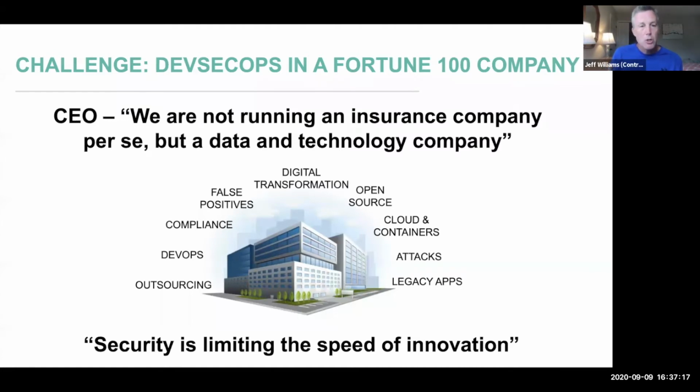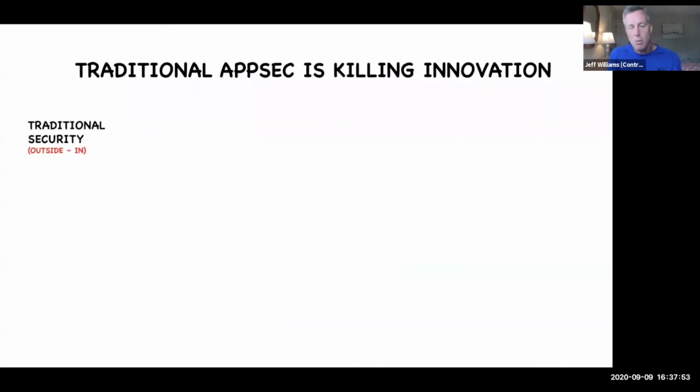Well, that's a huge challenge as organizations continue to accelerate their software development. So I think a lot of people talk about security in the context of identifying risk and minimizing exposure and stopping breaches and so on. But I think it's really important to recognize that security can also be a risk to your software transformation efforts. And frankly, that carries a lot more weight sometimes with executives. If you're trying to get a security program moving quickly, sometimes showing them that it can be done efficiently is really powerful. So let me talk about why I think AppSec is, I'll say, killing innovation.